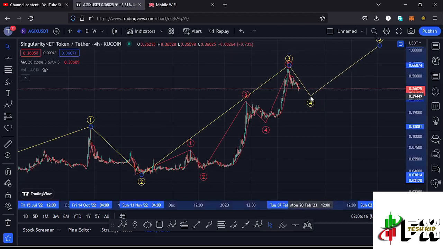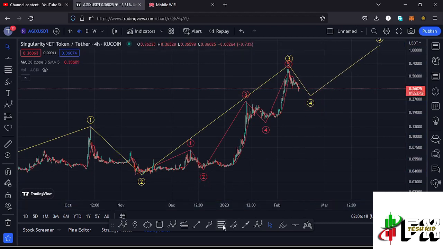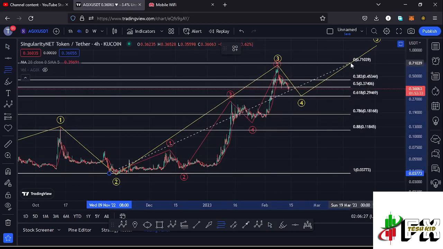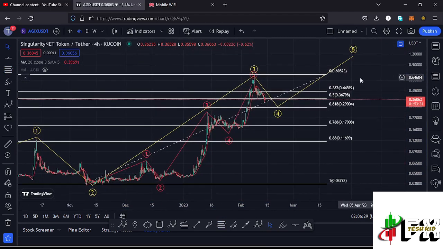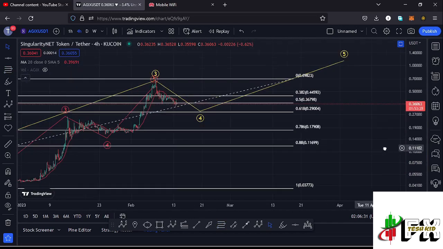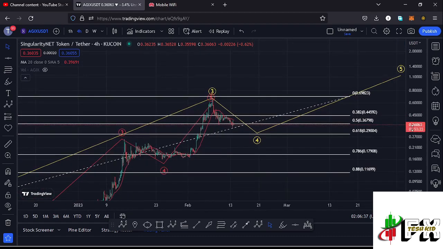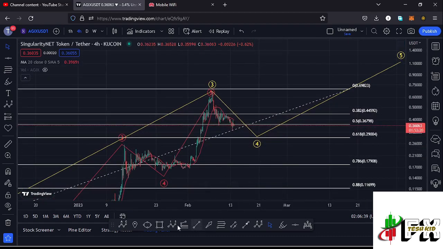And after seeing the formation of a larger Elliott wave count 3, what we expect next is a corrective structure in the formation of this wave 4, and sketching out minimum target areas to the lower side in the formation of this wave 4 by connecting the Fibonacci's from the low of the second wave to the high of that wave 3. That gives me a minimum target area to the lower side in the formation of that wave 4 between the fib level 0.382 and the fib level 0.618,